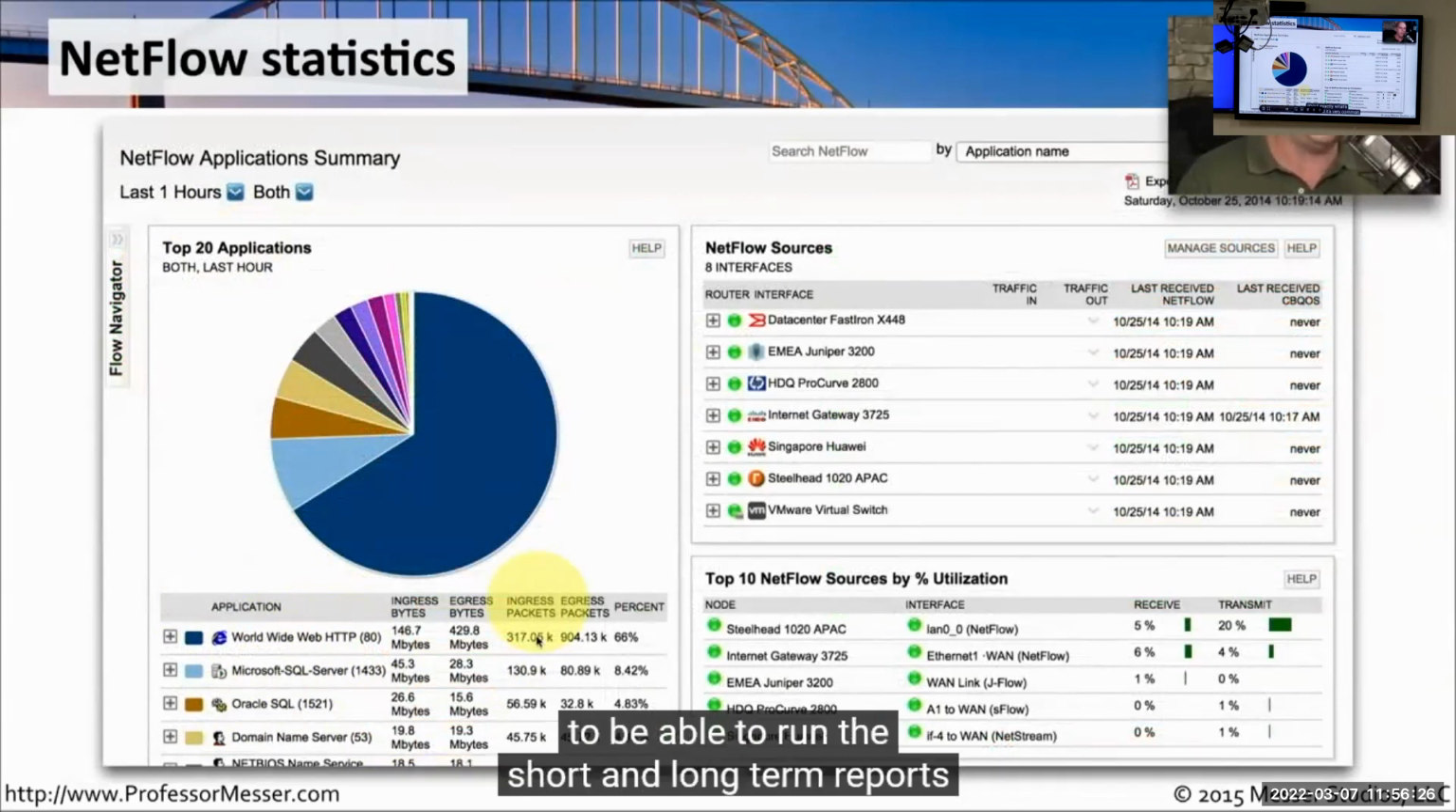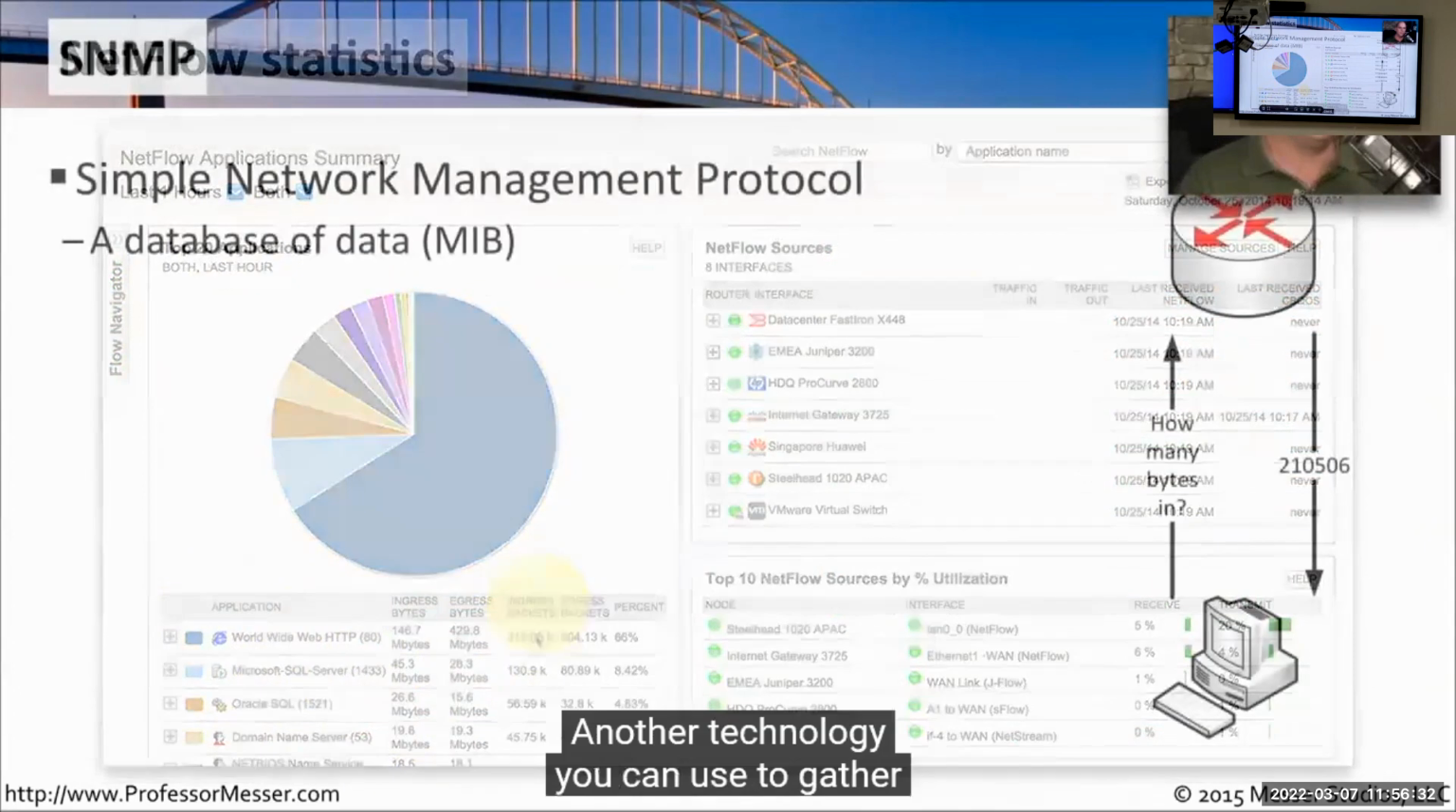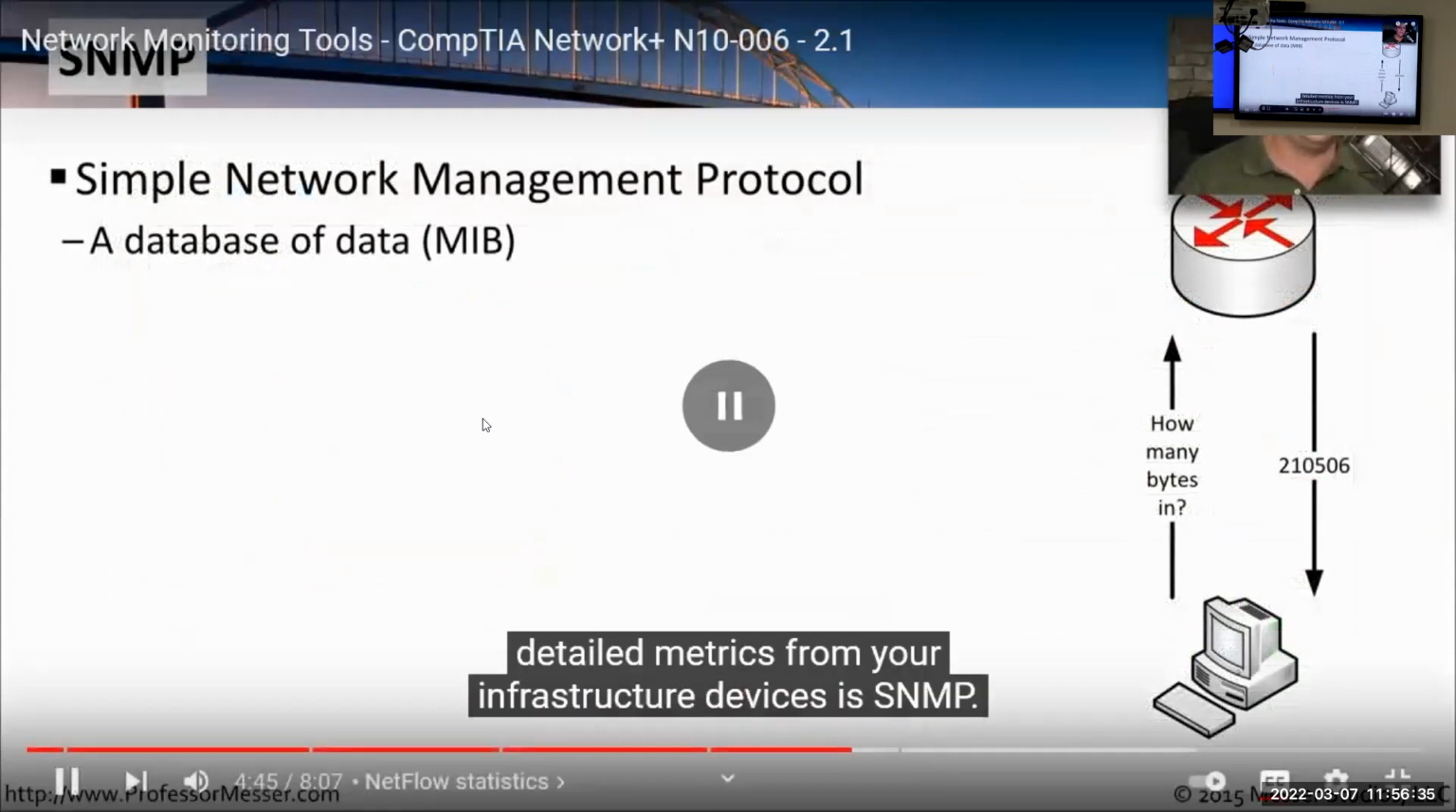It's very common to run these short and long-term reports so that you can start doing some troubleshooting of your network flows. Another technology you can use to gather detailed